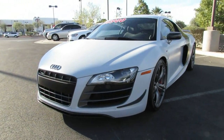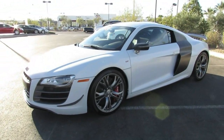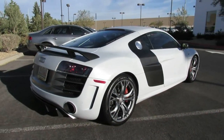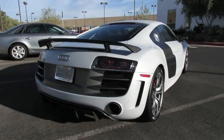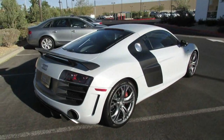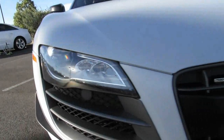Today, let's take a look at the very unique and quite rare 2012 Audi R8 GT. And this is going to be a detailed, in-depth review of the R8 GT. We'll start it up, show the engine, get an exhaust clip and go over the performance data, and show you a bunch of the unique aspects of the interior as well as exterior. And so, without further ado,